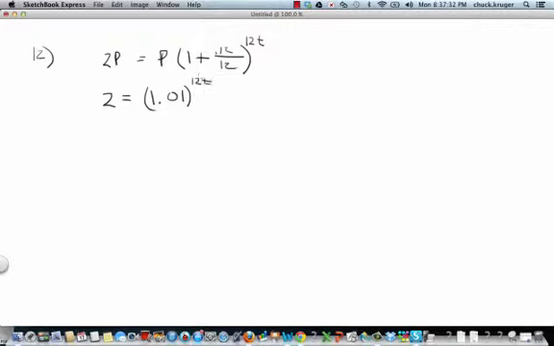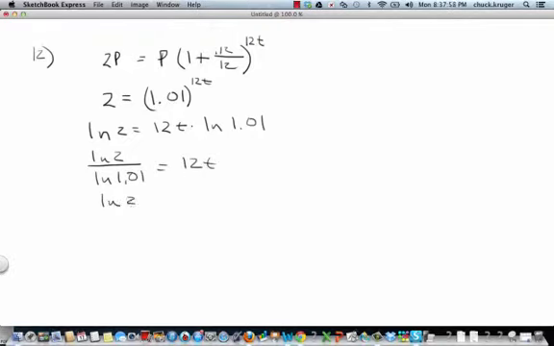Well, how do we get access to that variable? We take the natural log. So I have the natural log of 2 equals 12t times the natural log of 1.01. So now I have the natural log of 2 divided by the natural log of 1.01 is equal to 12t. And so now I have the natural log of 2 divided by the natural log of 1.01 divided by 12